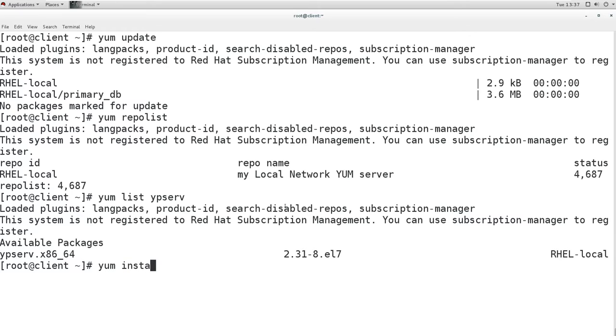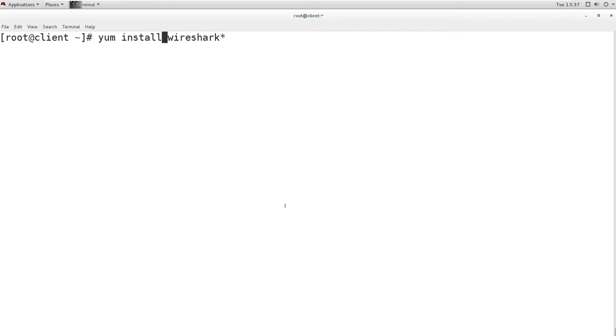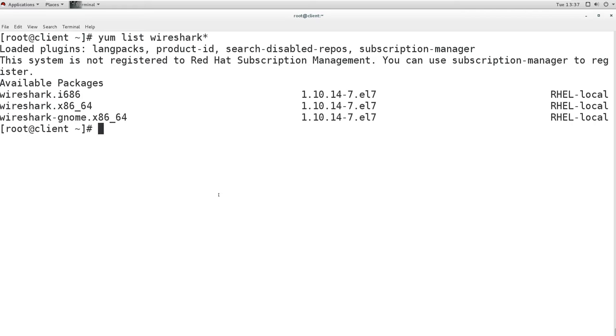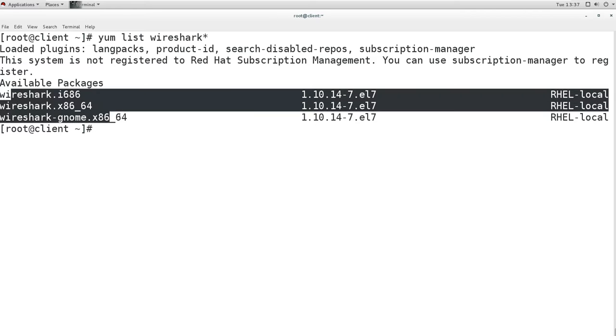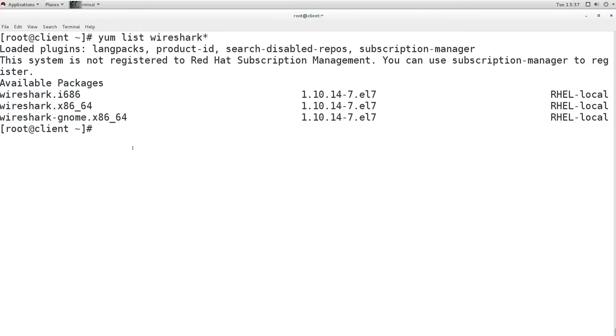Let's say I want to install Wireshark. All the packages with the name of Wireshark. First I will list whether I have the package or not. So I have all these packages available and I can install them.